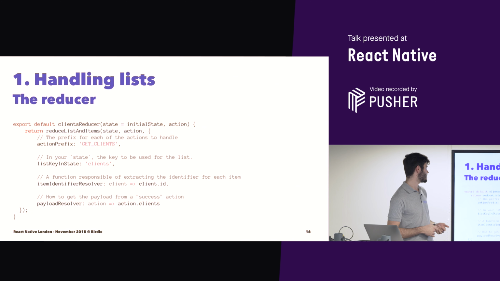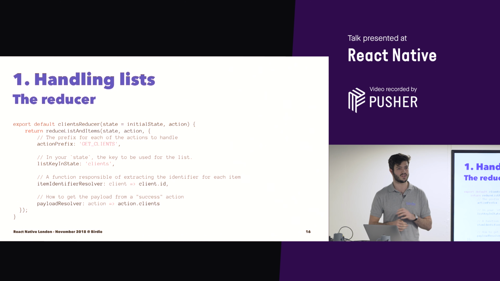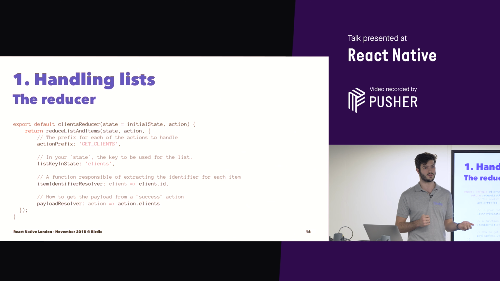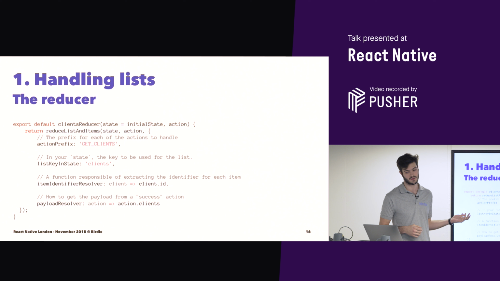You have the item identifier resolver, which basically takes one item of the list and returns a unique identifier. The most common example would be just an ID, like a unique ID. And in the end, the payload resolver, which is a function that takes the success action and returns the payload, so the array of clients in our case. What's really cool about this is that just with this function, you handle exactly what I showed you just before